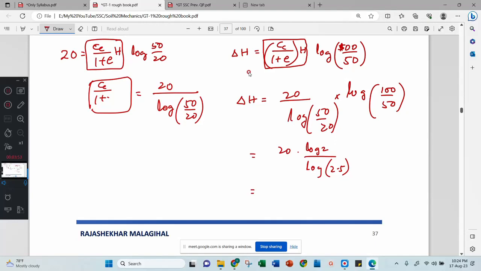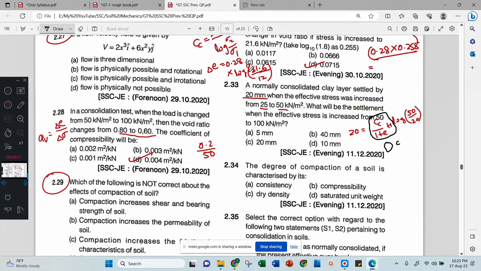This we got. Can anyone simplify further? Or do you have to guess the answer? 15.12. Is this simplification possible further, or do we have to guess the answer? Then 20 is the answer.